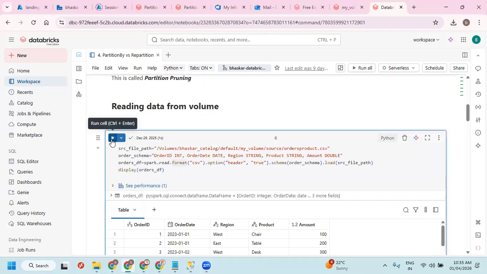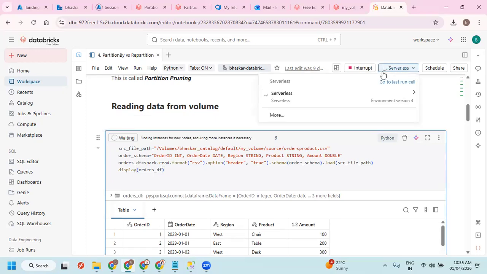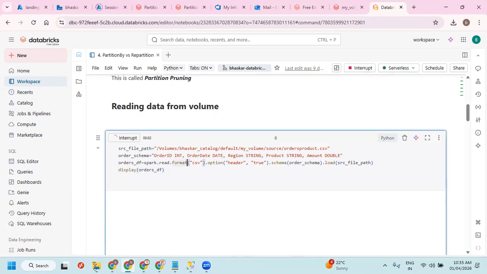Okay, so I'm just going to run this. The file is already available. So here I don't need to create a cluster. The only thing is you cannot see the table. That is the reason I just took this catalog. So one option I wanted to show with this free edition.